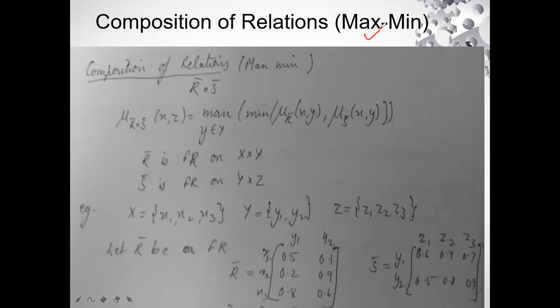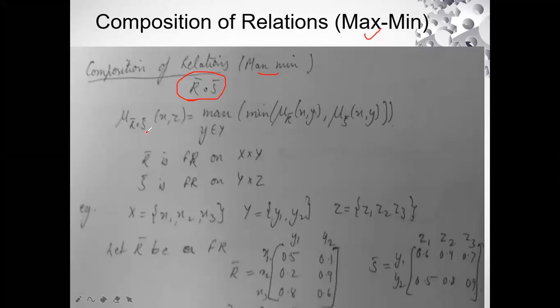It is defined as the composition of relations as max-min. It is defined with the help of a dot product kind of. That means R bar dot S bar is the composition of relations. What are the two relations? The two relations are the fuzzy relations denoted by R bar and S bar. The formula for this, you have to remember,